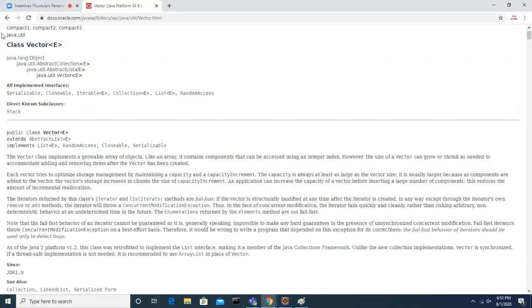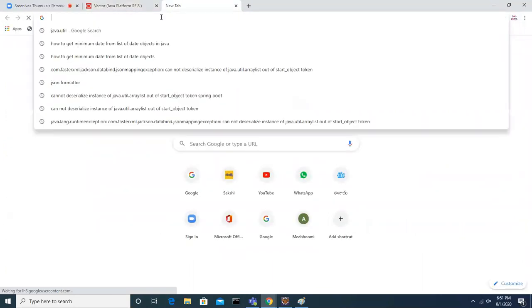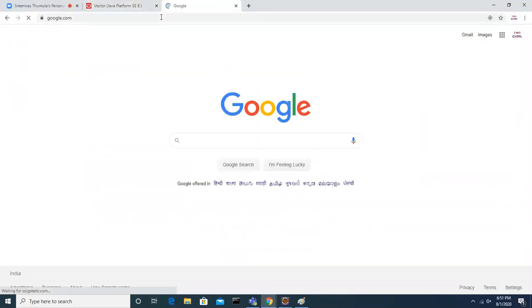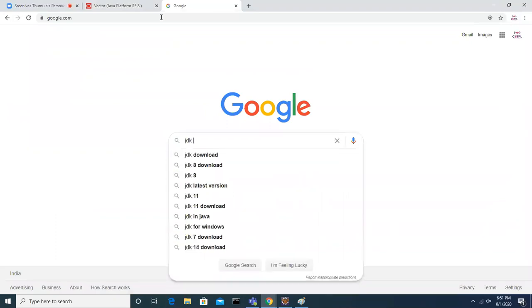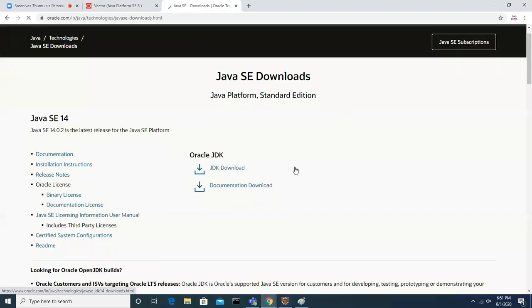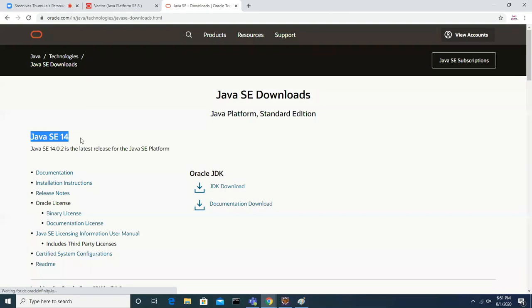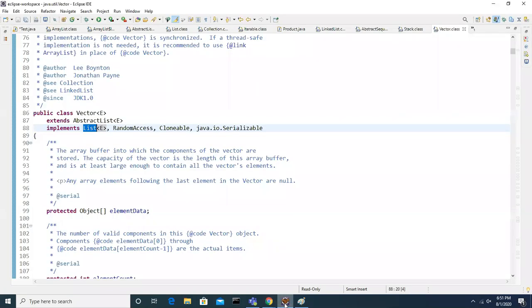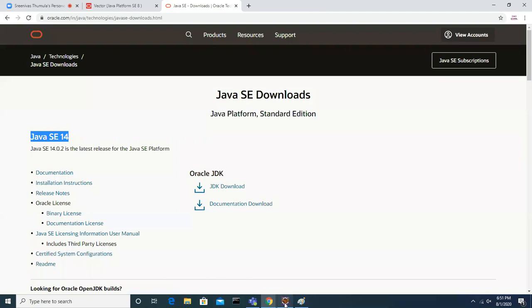What is the latest version now? 14 is available. That means 14 versions have been released till now. At this moment, we are using Java 8 for our practice.